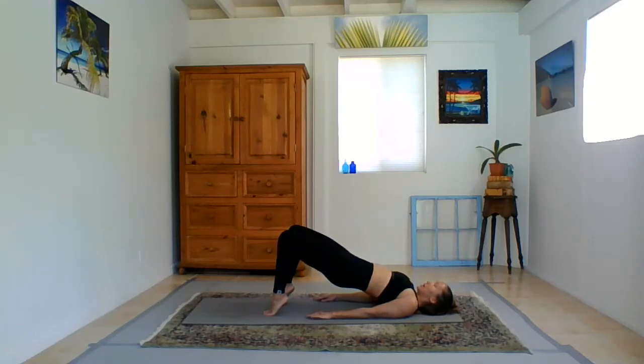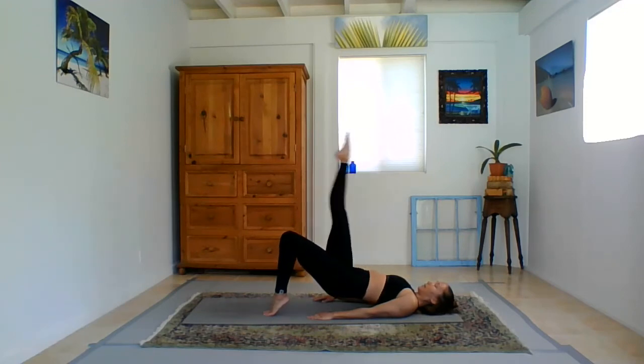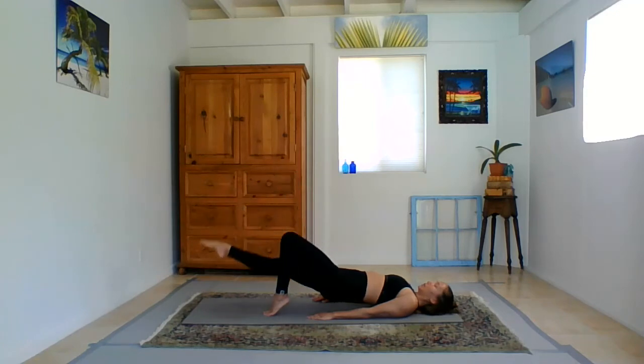Sustaining a long neck here. Hips go down and up, and down and up. 3 and 4. Good, hold it here, lifting that right knee into the chest. Down and up for 2, 3, and 4. Hold the hips up, straighten the leg. Leg goes down and up. 2 and 3